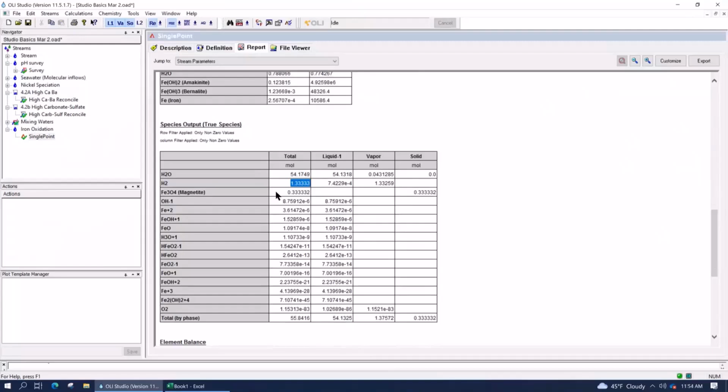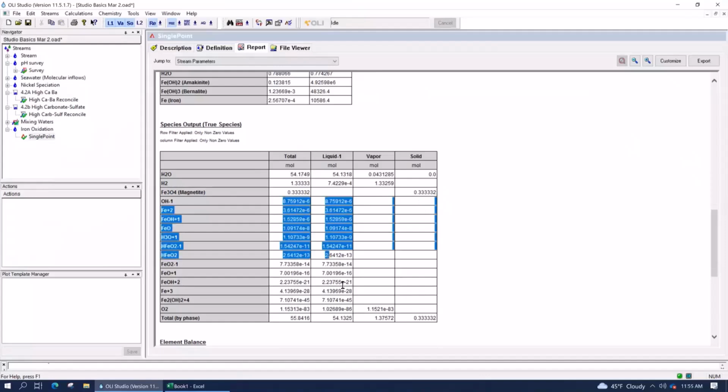Likewise, the iron oxidized to both iron 2 and a little bit to iron 3 to form a magnetite film at this pH. So this chemical reaction, where elemental iron reacts with water, iron splits water to form iron plus 2 and iron plus 3 and hydrogen gas, and the iron plus 2 and iron plus 3 then react with the available oxygen from the water to form that magnetite film.